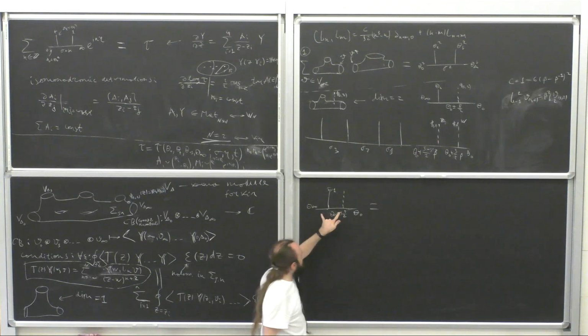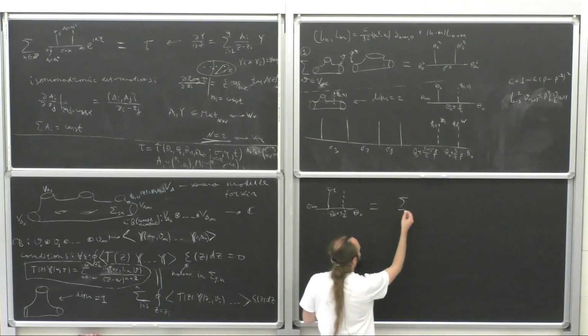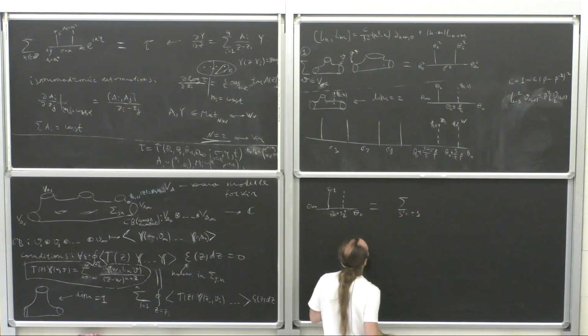We can write that such a conformal block equals a sum over s prime equals plus minus 1, and